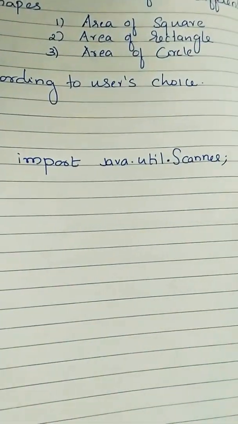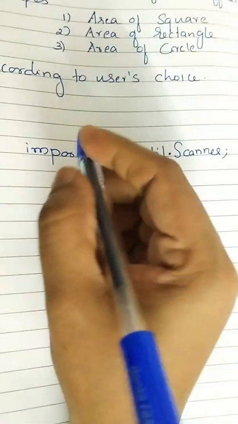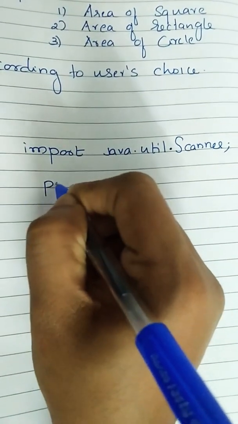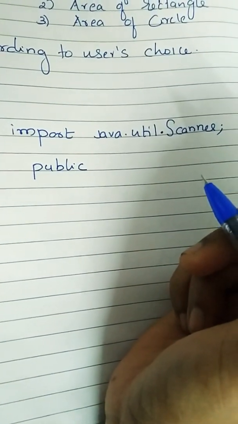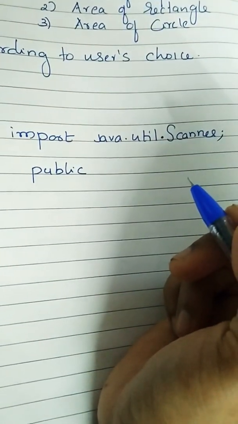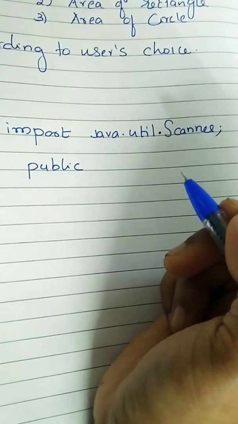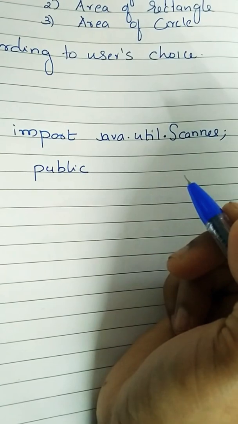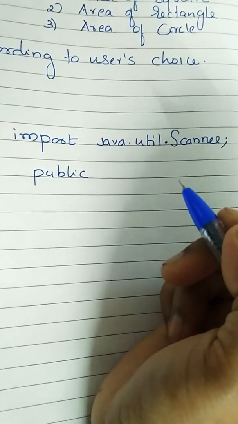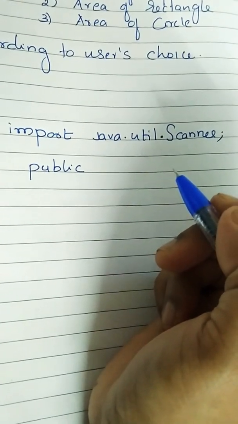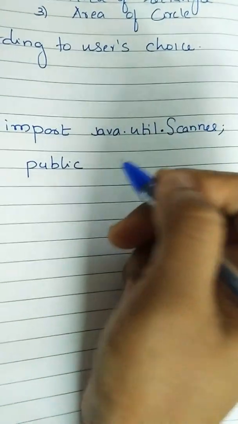So we have imported the package. Now, as usual, we will start the program by using a public keyword. This keyword is not compulsory, but why are we writing a public keyword? Because this program will be accessible throughout, wherever you are using it. That is the keyword's public meaning, and it is in all small letters.